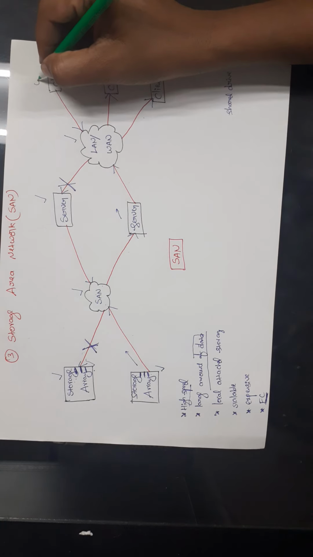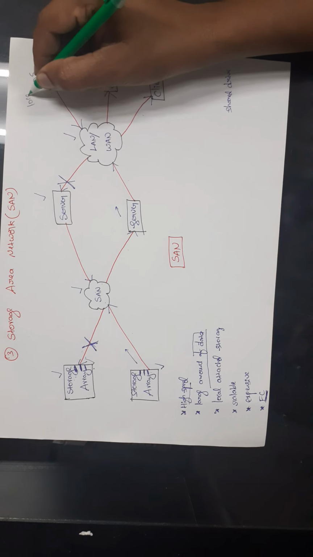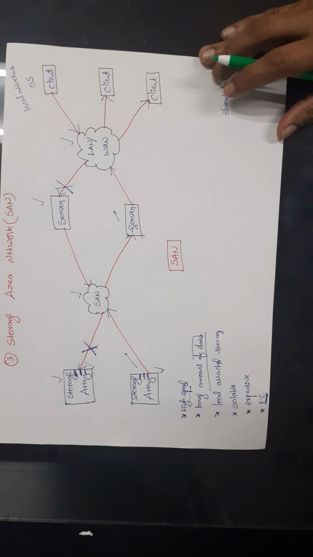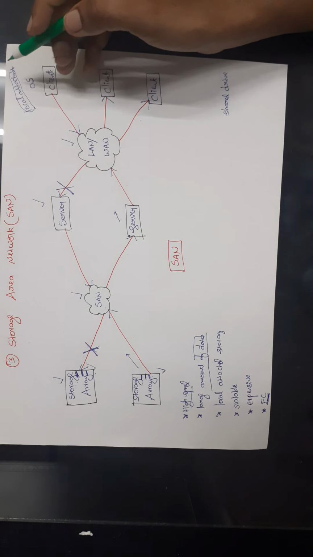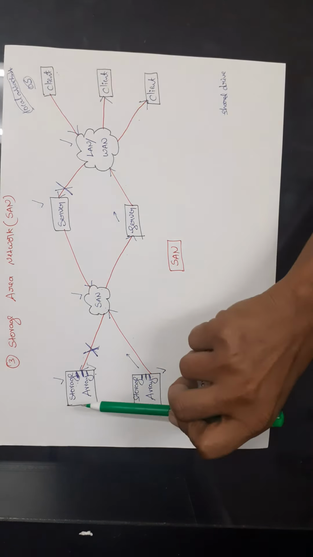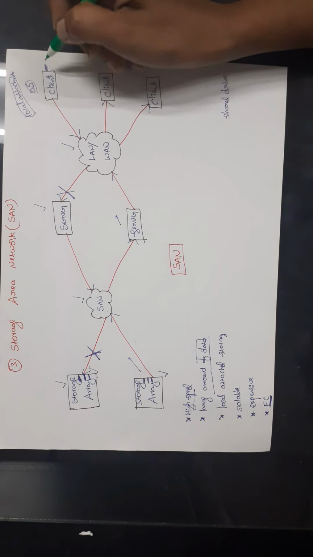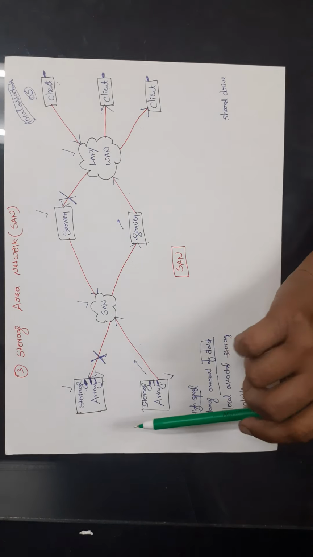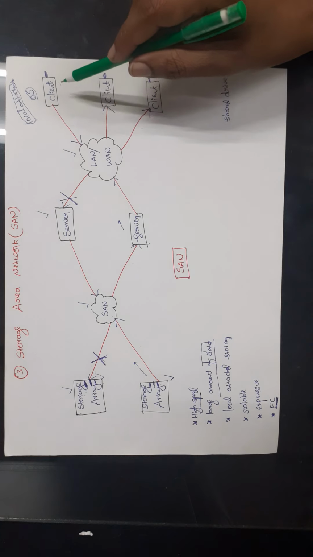And here inside the client system, the operating system treats the storage area network as a local attachment. It treats a hard disk as a local attachment, so we can access the data very quickly. The operating system does not treat it as a shared drive. It will treat it as a local attachment, that means it will treat this hard disk as if it is placed inside the client. The operating system treats that hard disk as placed inside the host, but actually it is placed somewhere else, and the client can access it very quickly.